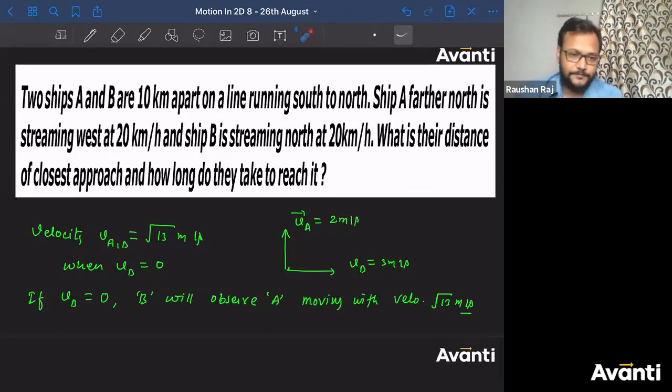River boat problem. Motion in 2D. In motion in 2D, if you are going to study relative motion, the river boat problem is the most important type of problem that can be asked to you. After that, tell me, guys, rain man problem. If a man is holding an umbrella, what should be the angle at which he should hold the umbrella to avoid the rain, to avoid getting wet, right? Third one is airplane or aircraft wind problems. Fourth one is aircraft or aeroplane and bomb problems. These are the questions that are actually important.